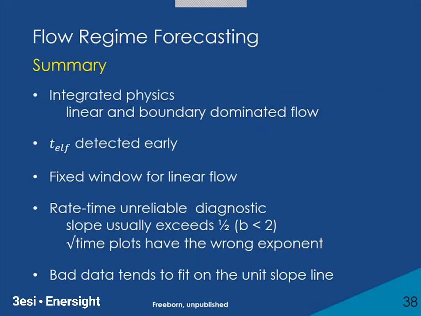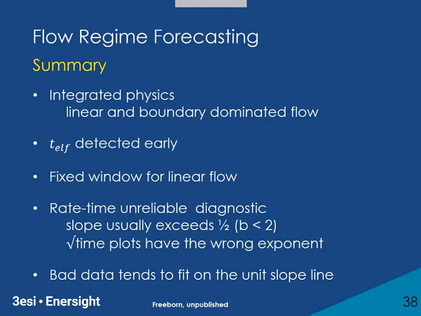I'm going to wrap up flow regime forecasting, then I'll get to chat some more. So what I've shown you is a way to create modified hyperbolic coefficients that integrates the physics in the sense that you're honoring flow regimes, and that's a good thing. I've shown you vaguely that the end of linear flow can be detected maybe a little earlier using this method. We've seen that there is a fixed window for linear flow, and that doesn't change,